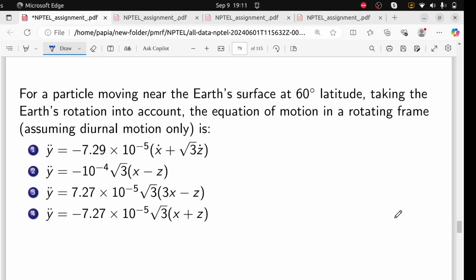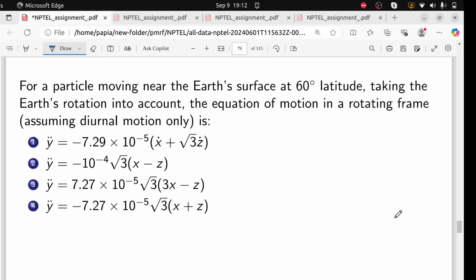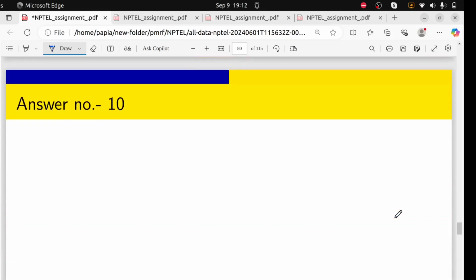Yeah. So this is the question. Question number 10. For a particle moving near the Earth's surface at 60° latitude, taking the Earth's rotation into account, the equation of motion in a rotating frame, assuming diurnal motion only, is. So here, for this case, sir was already discussing the equation of motion,